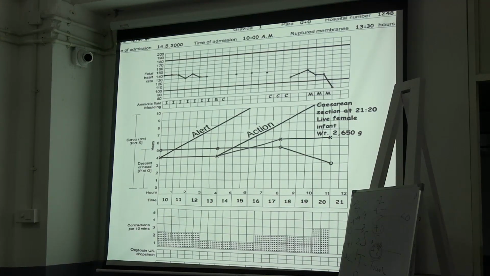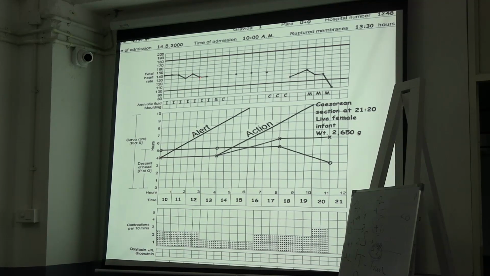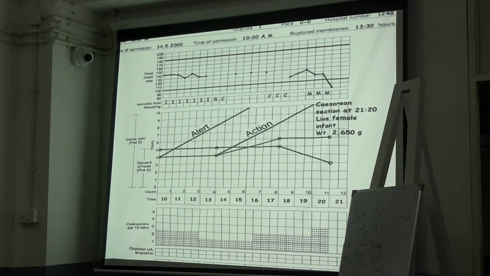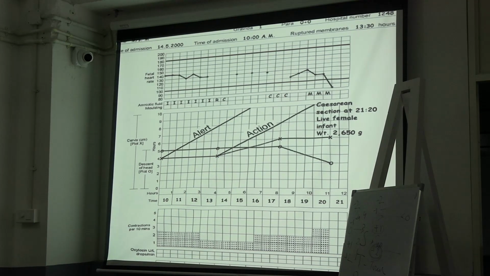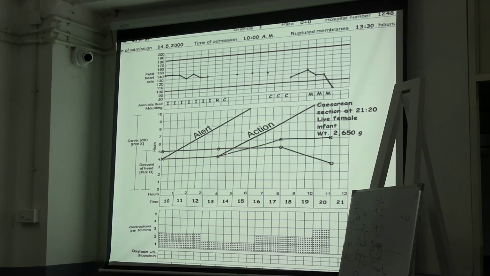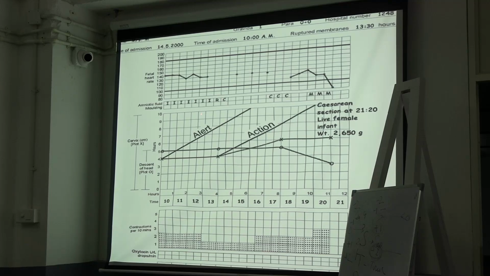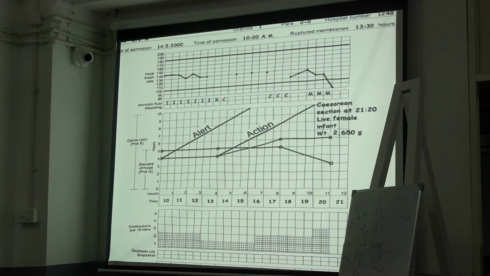This is one example of the partograph. Here we have plotted the fetal heart sound. It was 140, then it dipped to 120, then again 140, then 120. Here she was 4 centimeter dilated, and after 4 hours when we examined, she was again 4 centimeter dilated only. Then what we did? We did ARM. Here the membranes were intact; here we did rupture of the membrane, and liquor was clear.